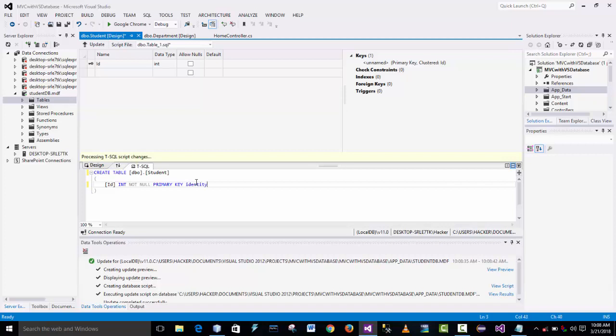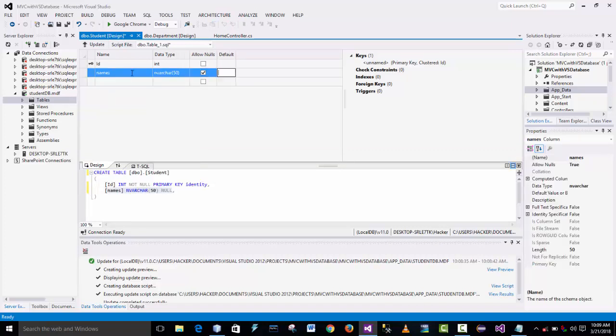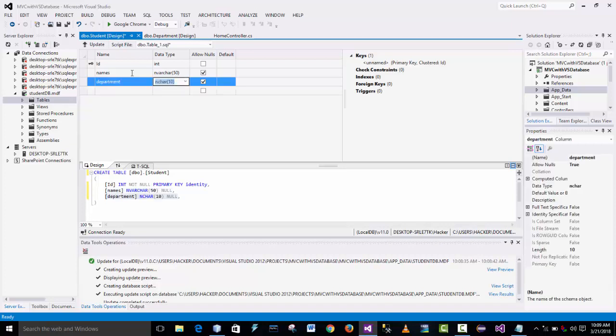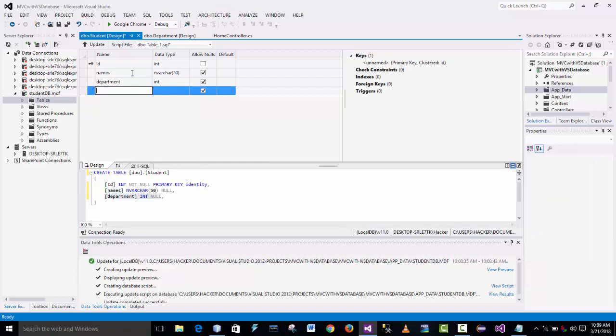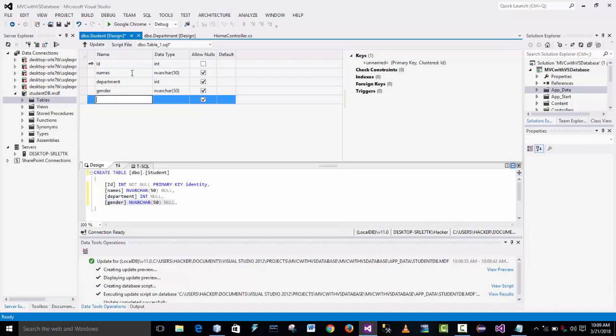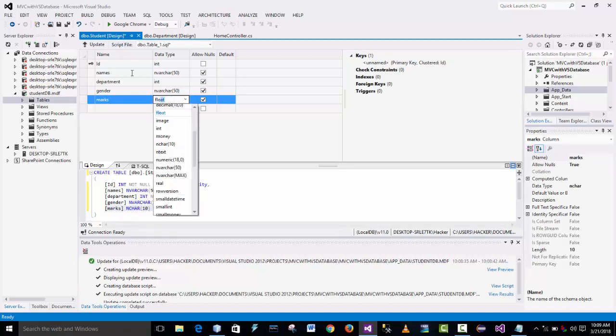Identity. Then I will be having the student names, nvarchar. Then ikindi ni the student faculty, no, student department. That will be equal to int. Student gender, that will be equal to nvarchar. In my student gender, so we'll be having like max. Let me just say max, which will be equal to float. All of these are